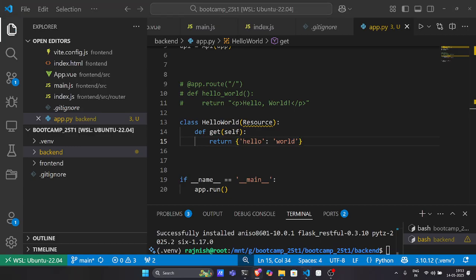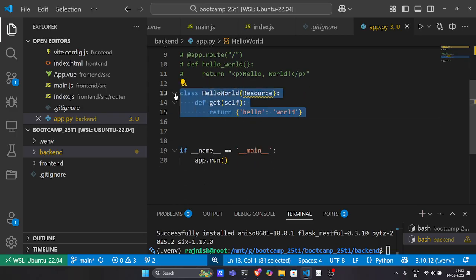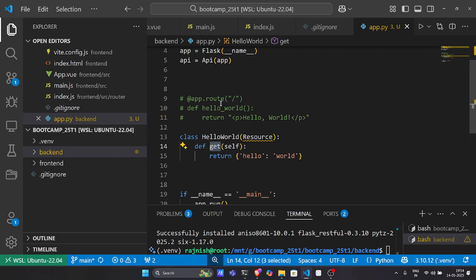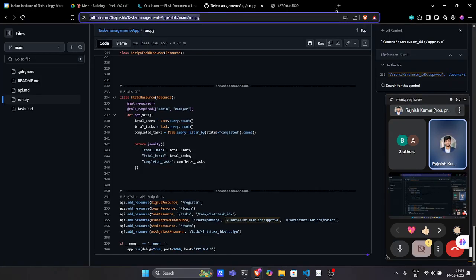Okay, so this is another way of writing an API. What we did here is we write API.route and then give slash, the endpoint. But if you see, I'm writing class hello world resource and then the get method. Here we are not defining what method we have to use. So in the if else condition we used to do: if method is equal to get then do this, if method is equal to post then do this. But in this new Flask RESTful we have to write methods like get method, post method, delete method,